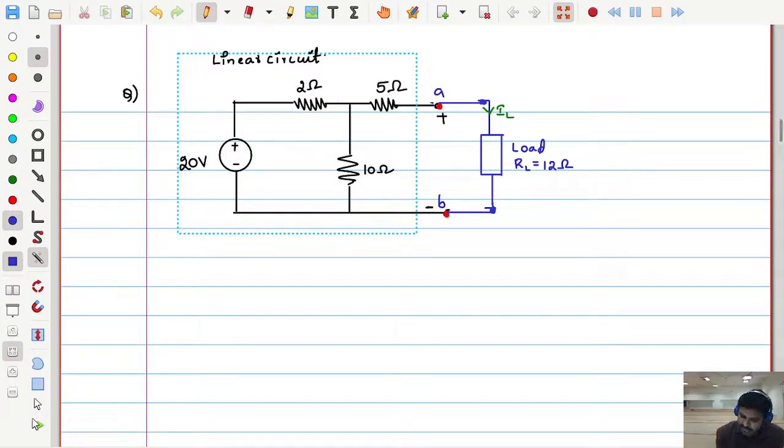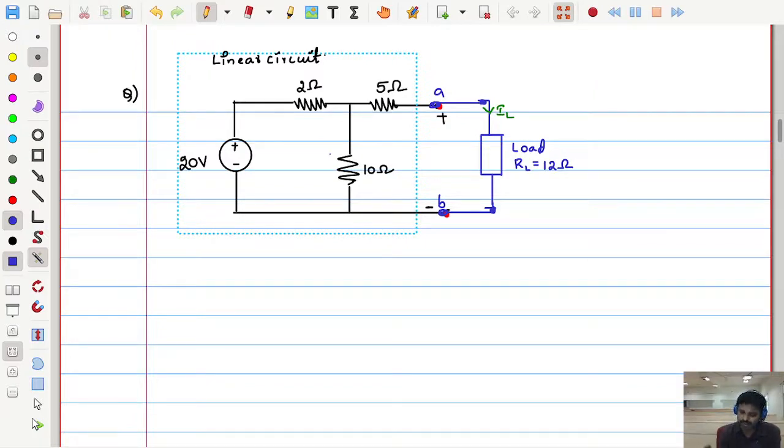Now imagine that these are the two terminals A and B where I would like to find the current flowing through this load. After some time I may connect a new load over here. Then in order to find this load current, I need to repeat all the calculations in this linear circuit if I don't implement Thevenin's theorem. But if I implement Thevenin's theorem, I need not repeat any calculation for this dotted box. Only the load change can be taken care of by this one equivalent circuit in a simple way if we know the Thevenin's theorem concept.